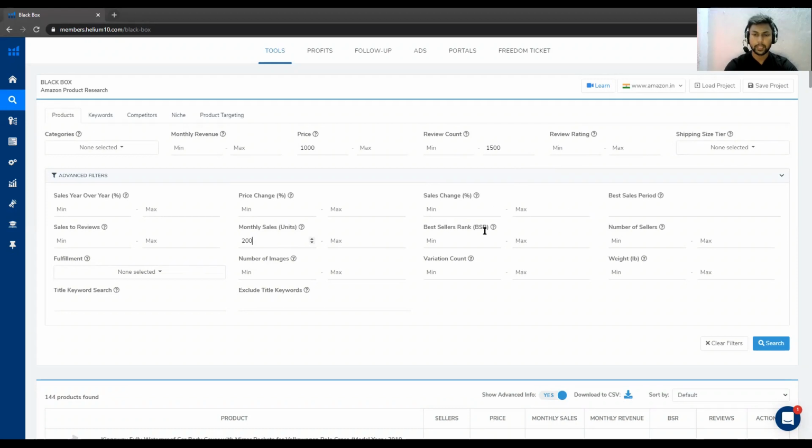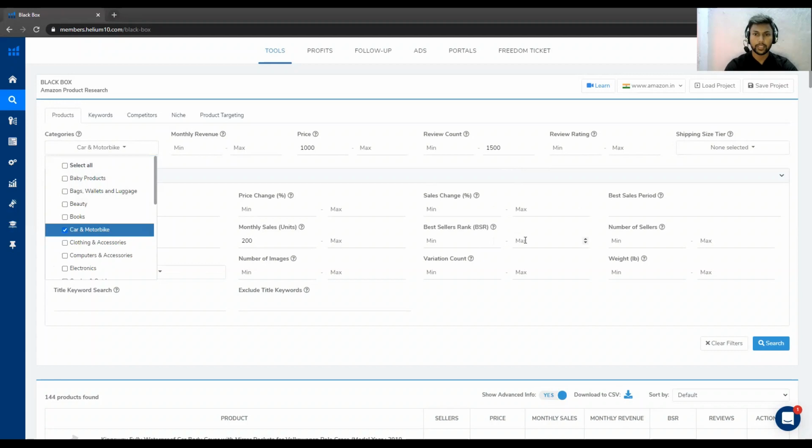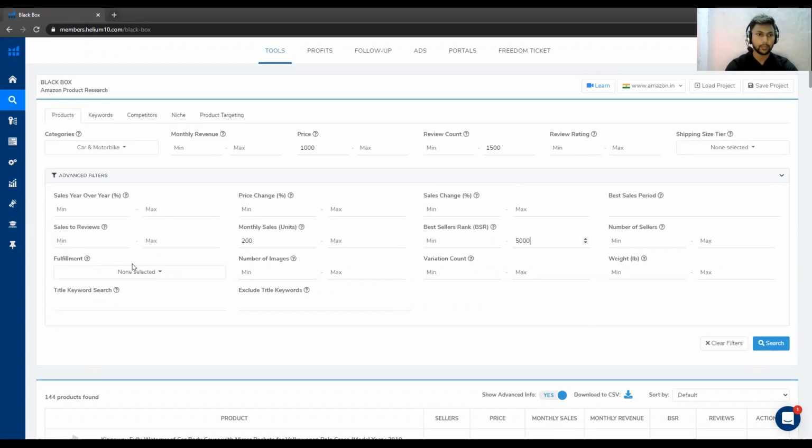Now here the BSR, let's look for car and motorbike. And for car and motorbike, generally let the BSR be less than 5000. So our maximum will be 5000. And others, I do not actually take that attention. And here you can see the number of sellers, you can do as one or two maximum,